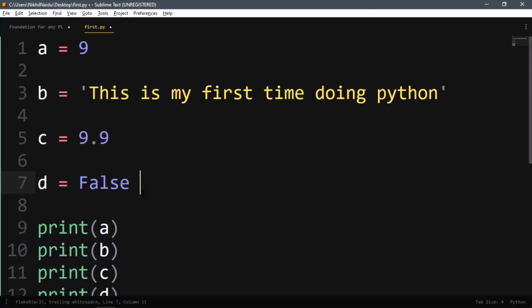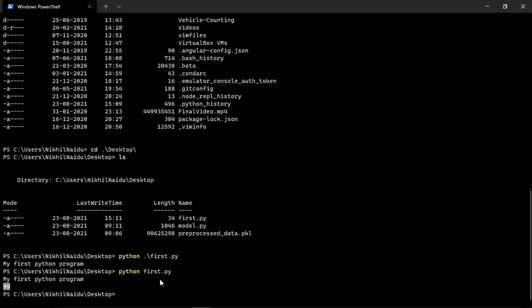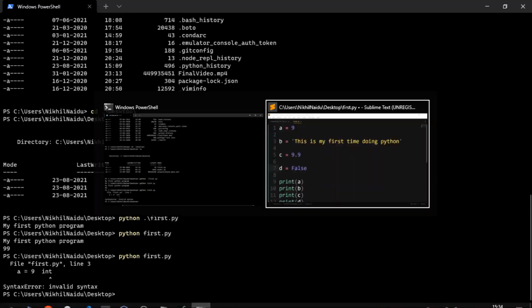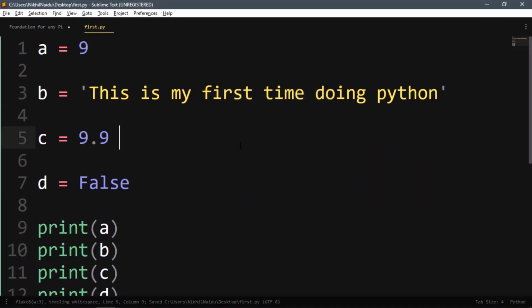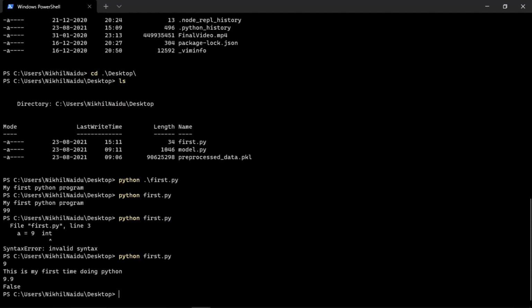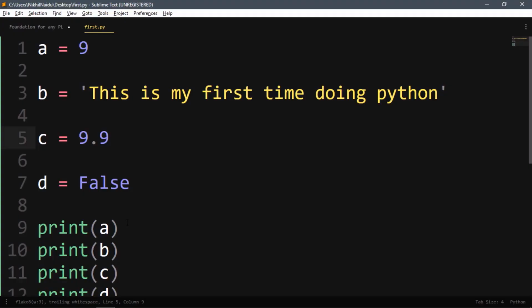So, go into the terminal, navigate to where the file is, and run your Python file with the command python, and then whatever your file name is. Okay, so save your program. So, see, first it printed out 9 because A's value is 9.